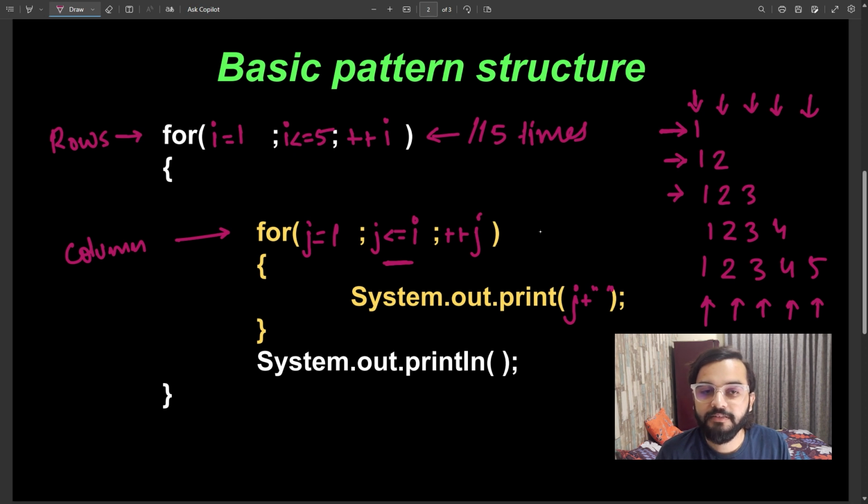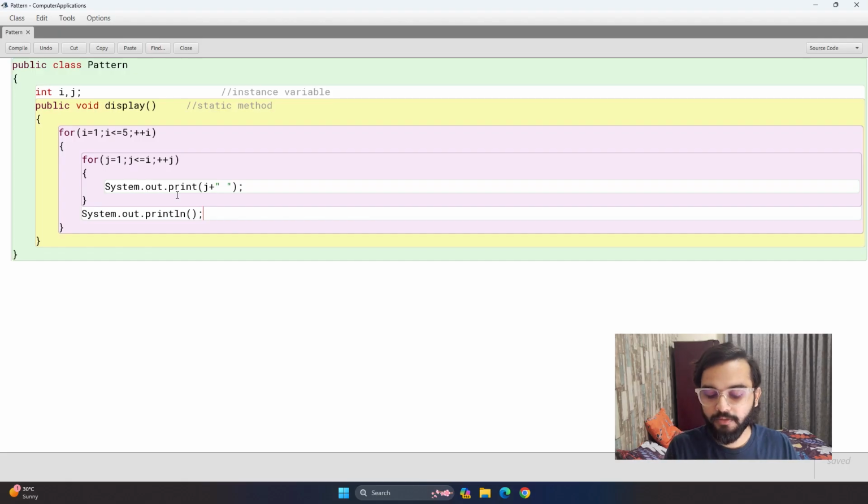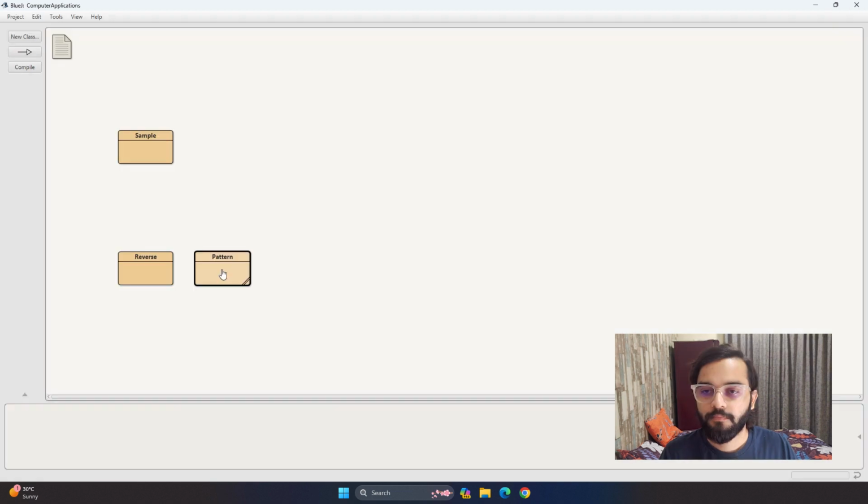I have highlighted this innermost loop in yellow so that it is distinguishable, and you can understand that this is the innermost loop, the loop responsible for the number of columns. So this is the strategy you can use to solve this pattern question. Now let's see this output in BlueJ. We will compile this and see the output of the program.